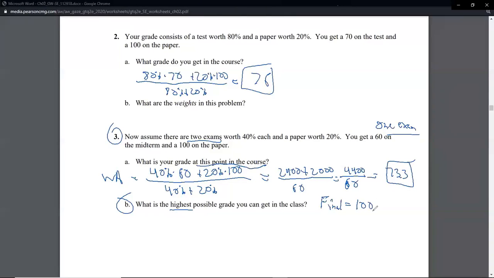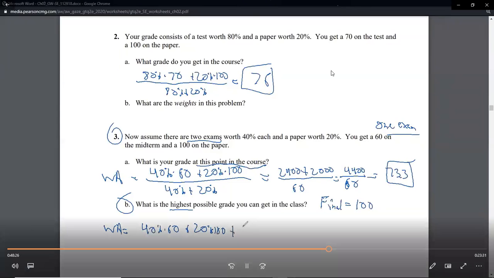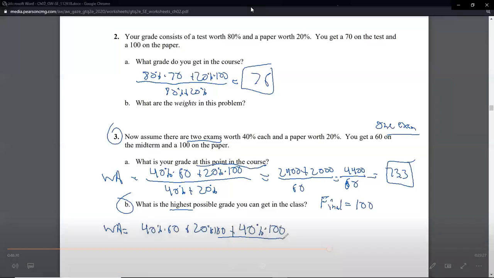So we're going to assign the final as a 100. So now our weighted average is a 40% times the 60 plus the 20% times the 100. Plus now the 40% for the final exam times the assumed magical 100 grade, which is extremely hard to earn in a QR class,